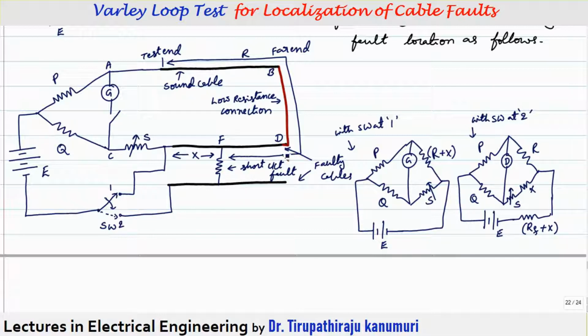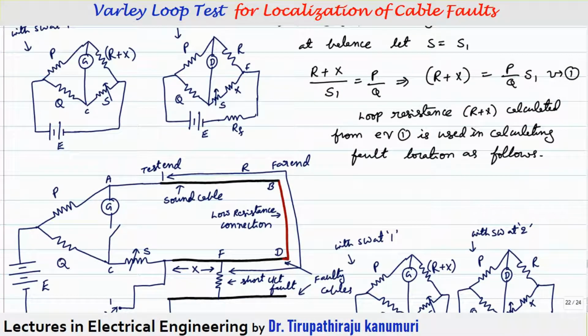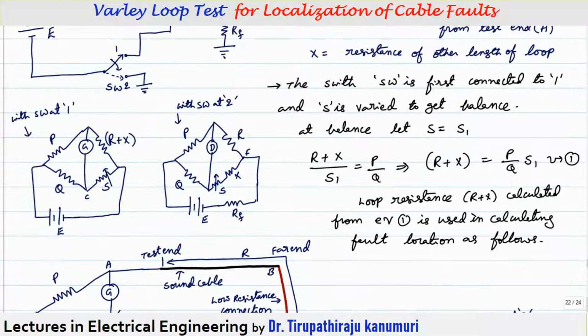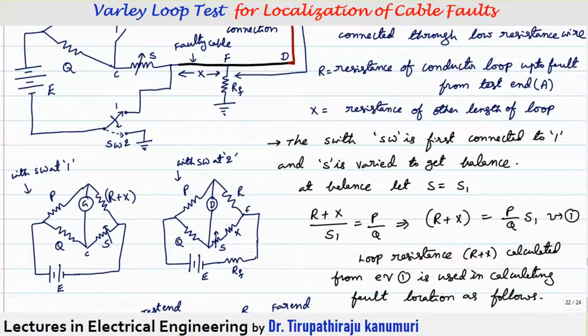So going to the second side, what is connected? R is connected here. You can see that whether you are going for the case of short circuit fault or the ground fault, in both the cases the bridge circuit is the same. The only difference is that the fault resistance is added to the battery source only, and that will not come in the bridge. That's why the bridge balance is not disturbed. Both cases, the condition will be the same.